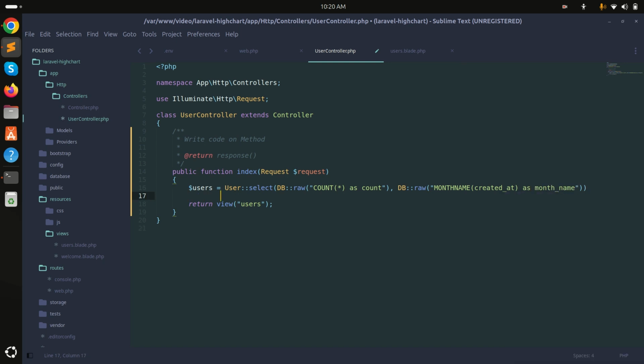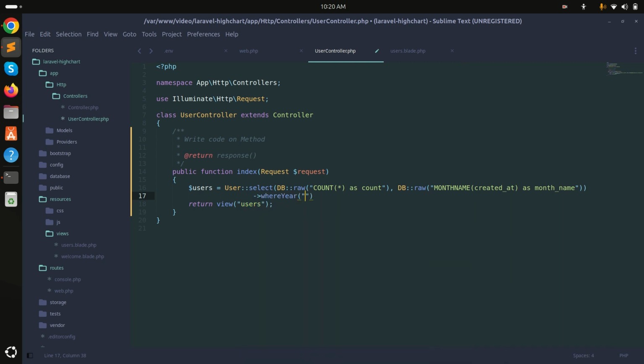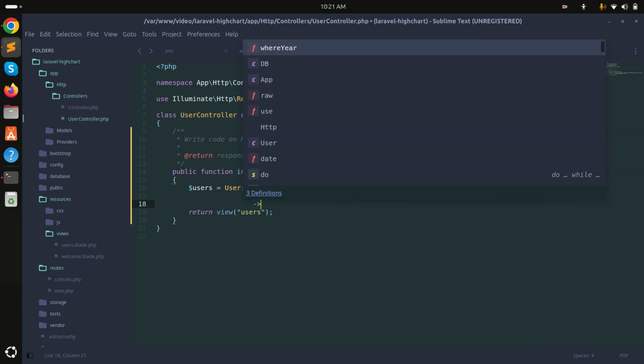Okay, and then I will simply use the where condition, where year. So we just need to display the current year. So I will say created at column, and it only with current year data. Okay, and simply I will say